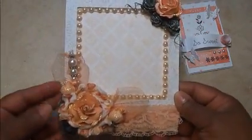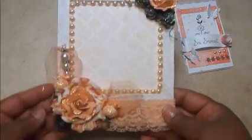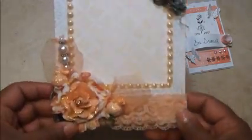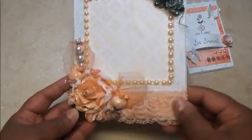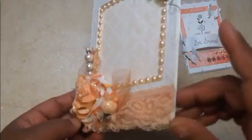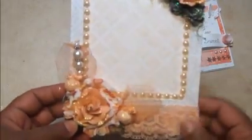And then the second project I created is this cute little frame. It is so adorable. I love how it turned out. It measures 5 by 5.5, so it's a nice size frame. And if you can see, there's a Polaroid right there. I just cut the Polaroid out. Of course, I enlarged it a little bit, but I cut the Polaroid out in lightweight chipboard 3 times, and then I covered it with the design